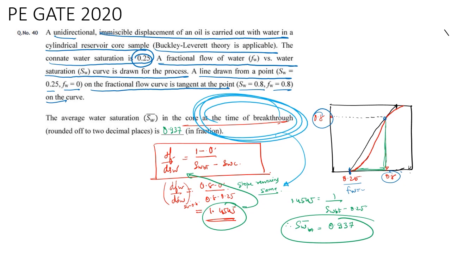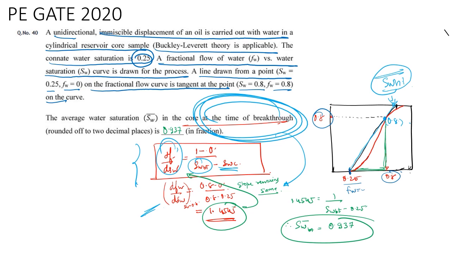Now we know this will be the formula that I will be using, where dfw by dSw will be equal to 1 minus 0 upon Swt minus corner water saturation. To calculate this, we need to find out what the slope will be. Since the point 0.8 is already given in the question, I can find out the slope. I know the slope will remain the same till the breakthrough point. This will be my saturation at breakthrough. The slope of the line, the tangent that we are drawing from the corner water saturation till the curve, we are extending that slope to